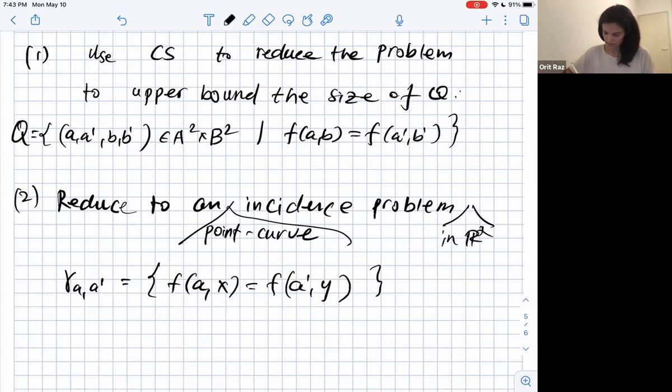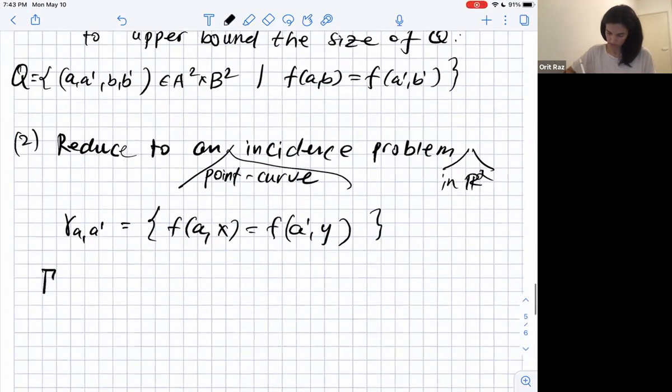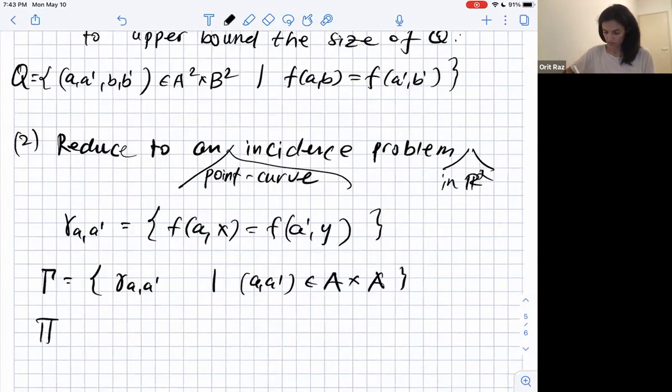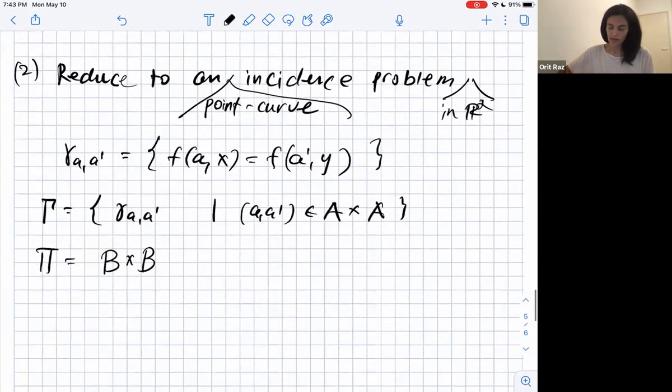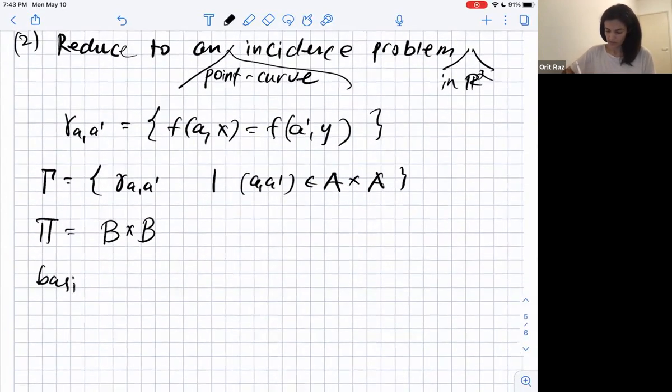So in this sense, the set of curves will be gamma a prime for a and a prime in the Cartesian product A. And I'm going to look at a set of points, which is going to be B Cartesian product B. And the basic property is that